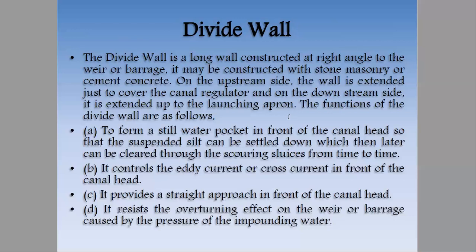you might feel difficulty in understanding this, but just try to listen to what I'm saying. Suppose we have deposition of water, that is accumulation of water, on any regulation work or diversion work. Okay, so what will happen if there is deposition of water in the storage or anywhere? Then water will have its pressure. Okay, and that pressure might turn that structure. Okay, and that effect is called overturning effect, because